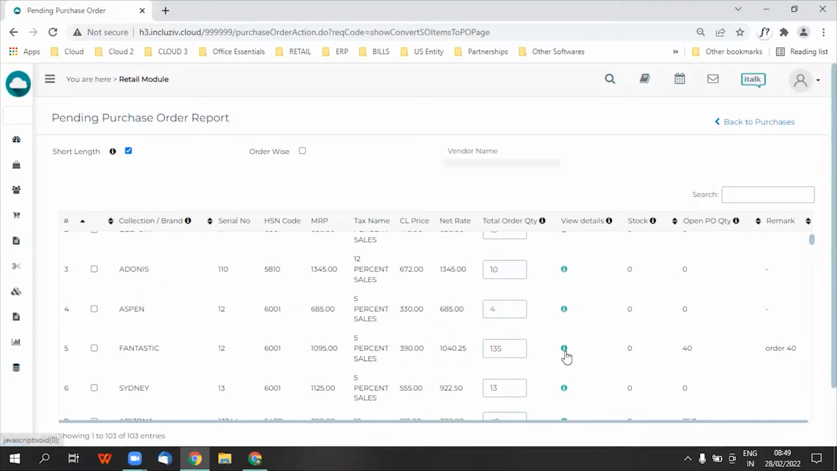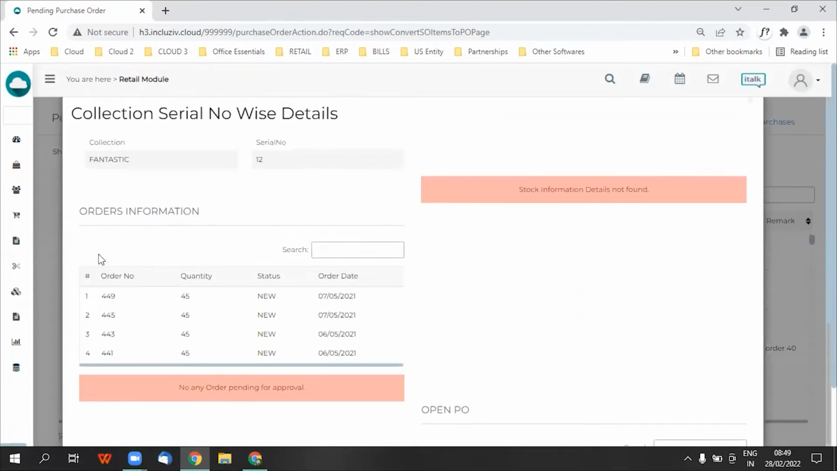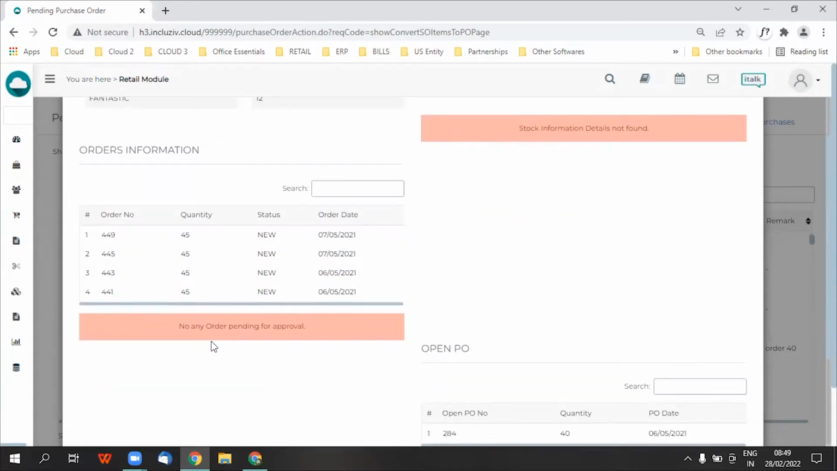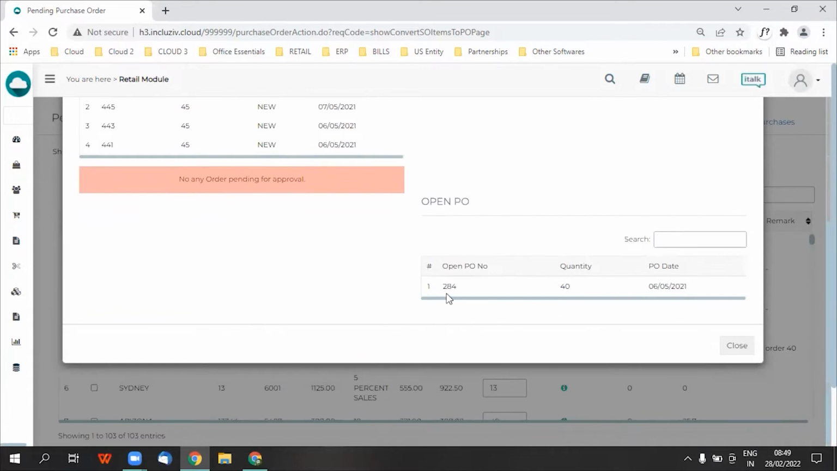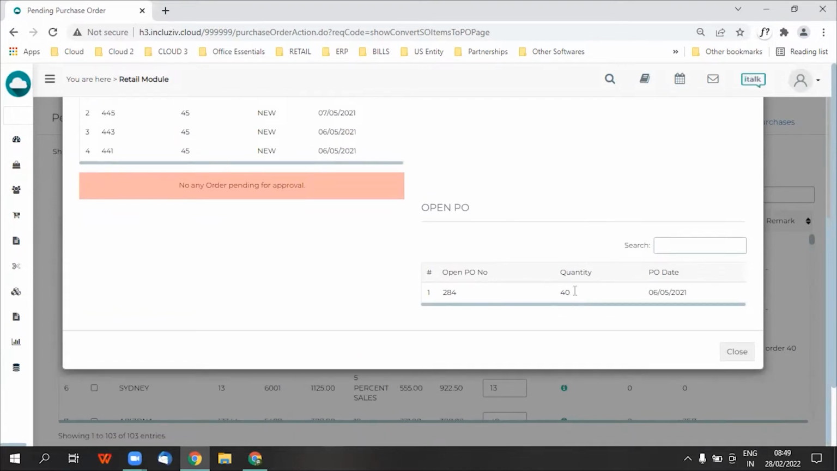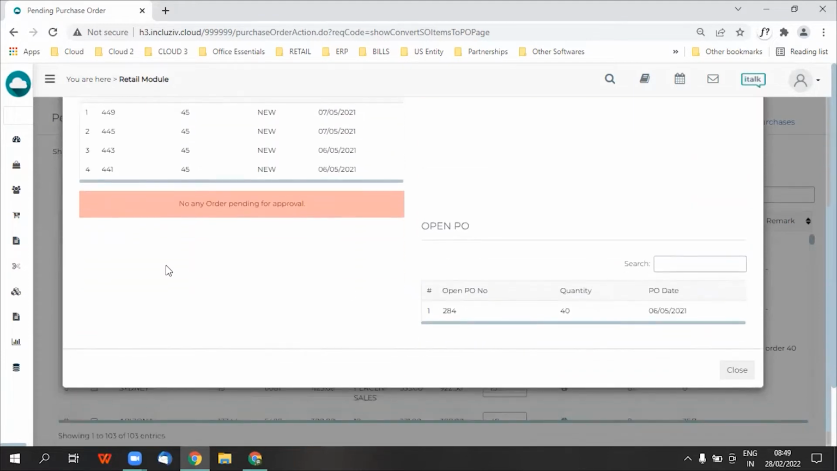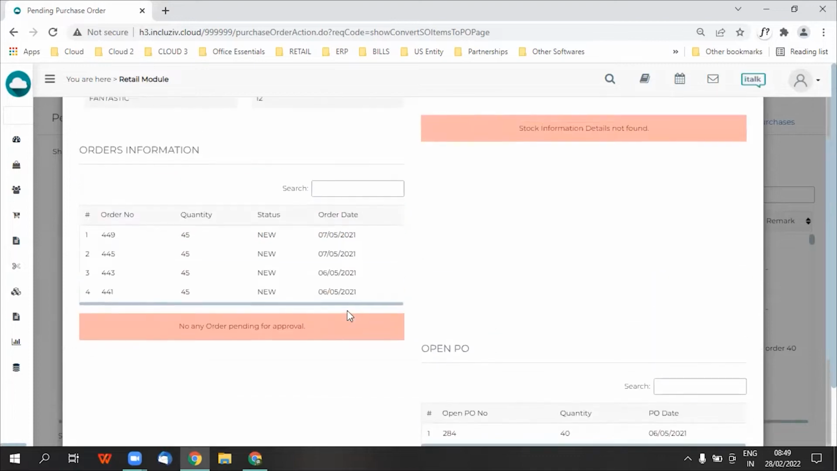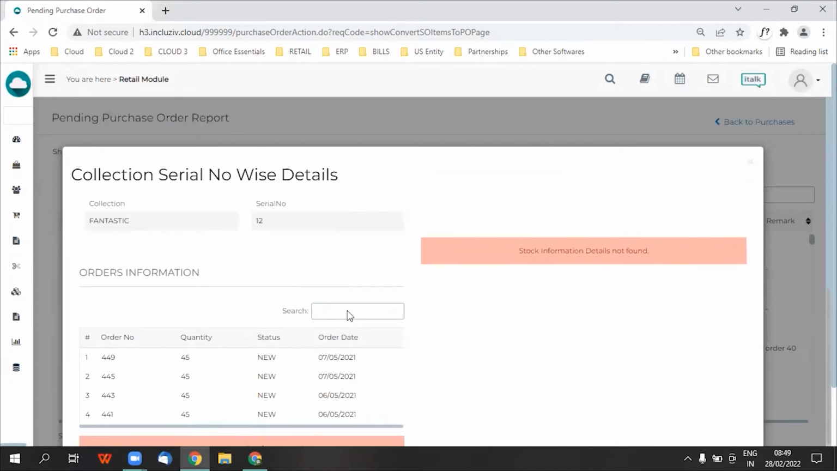And when I click on the I mark here, it tells me four important things. One is what all orders add up to that 135 meters. There are these 4 orders which add up to that 135 meters. And is there an open PO? Yes, we've placed a PO on the supplier for 40 meters. Is there any stock? No, we don't have any stock. Are there any pending orders for approval? So we also get if there are any orders which are pending approval. In case you want to plan your procurement, saying that, okay, this order is anyways going to be approved, let me order the extra material so that I can save on pricing by ordering a full roll